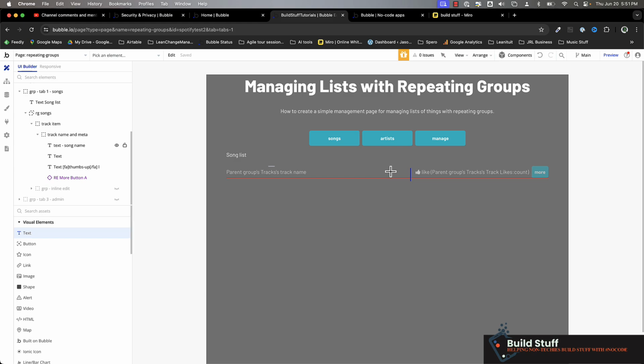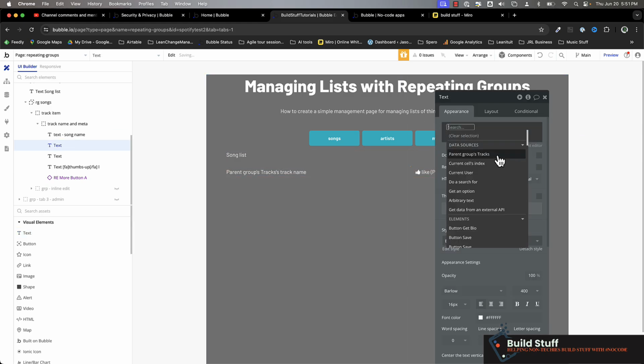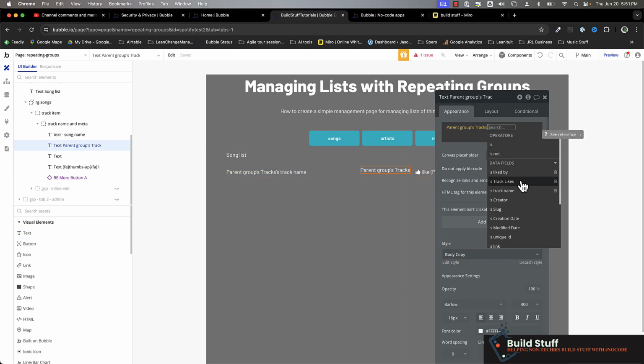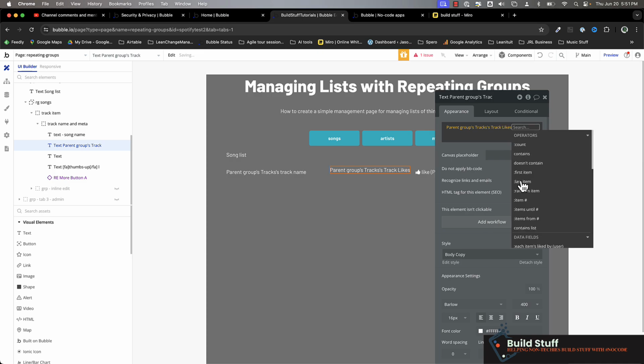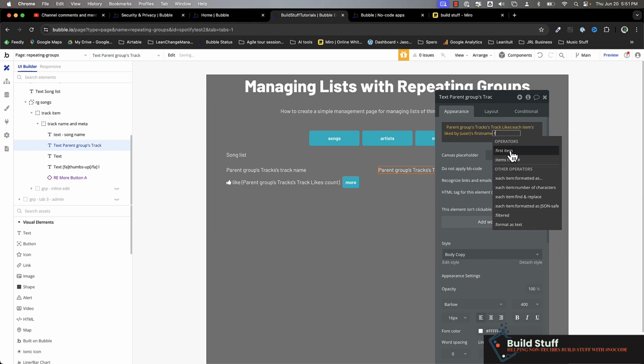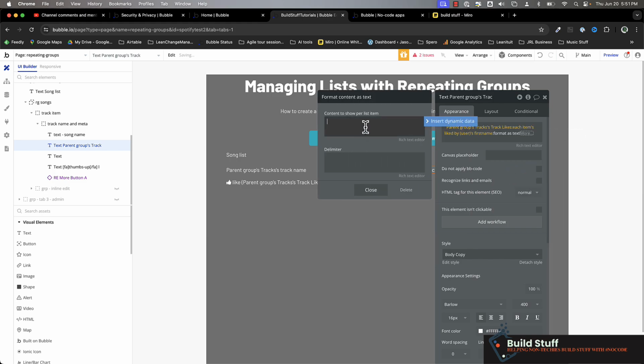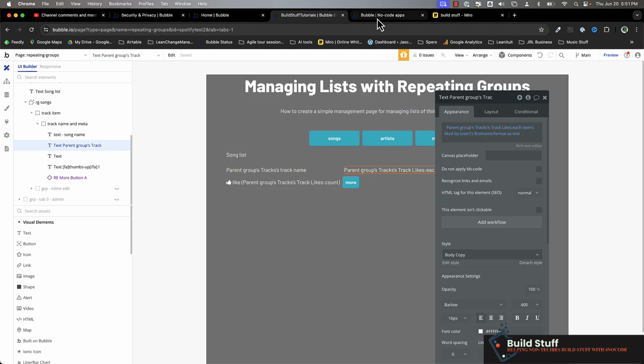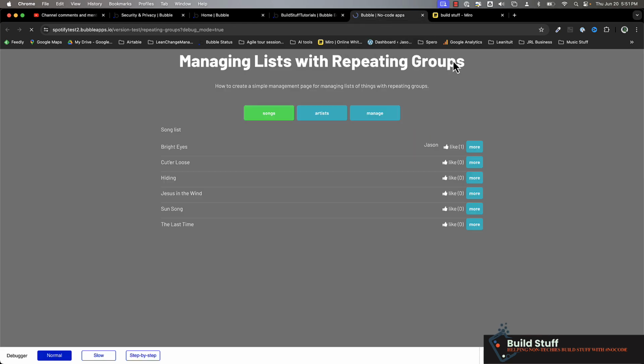So if I go here and just add a text field, and I want to show the track likes, I want to show each item's liked by user, and I want to show each item's first name, and format this as text with a comma. So if I go back and reload the page, it's going to show me just that because that's the only person who's liked it so far. Now if I go ahead and like it as the other user, you're going to see that both are in here. So if I just liked a couple more things, I can now go back in